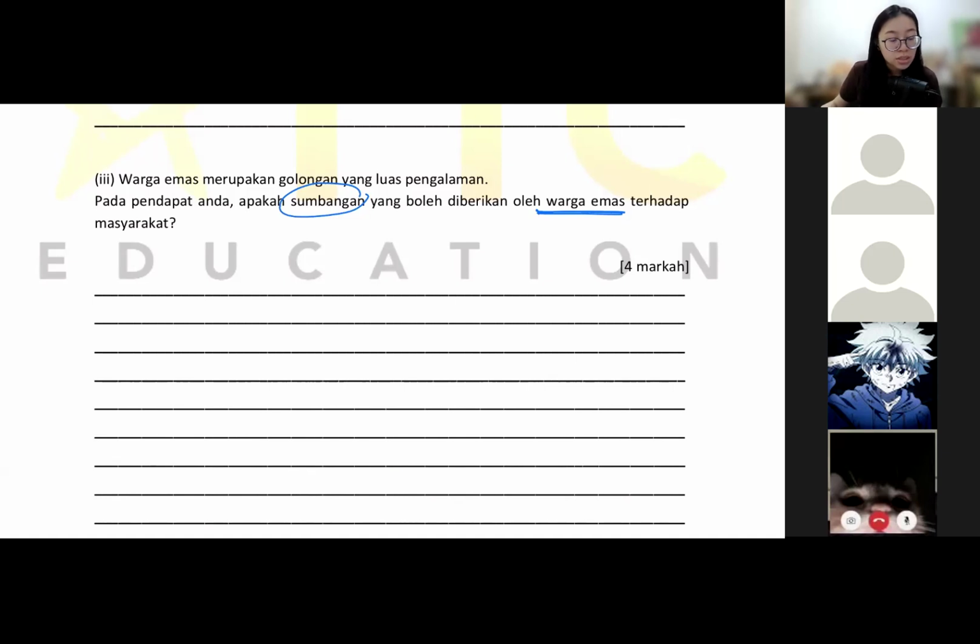Can give advice. Teach their grandchildren good stuff based on their experience. Okay, can. So, pada pendapat saya, consider apakah? Sumbangan here until here, then you put ialah warga emas, the old people,